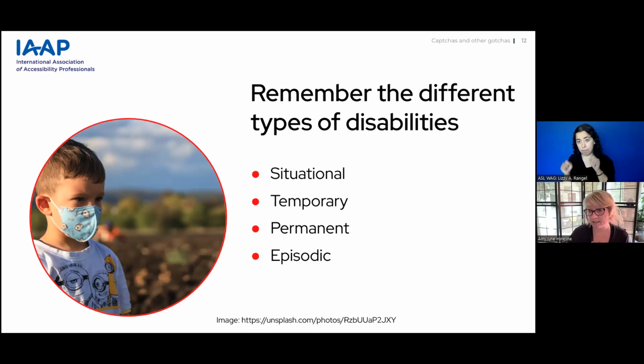And I say this at every talk I give: remember that not every disability can be seen. There's dizziness, there's cognitive abilities, there's brain injuries, there's learning differences, there's autism, there's migraines, as well as mental health issues. Remember that we can't always see these disabilities. And it's about providing equal access to the information on our digital assets. It's a basic human right and not a special privilege.